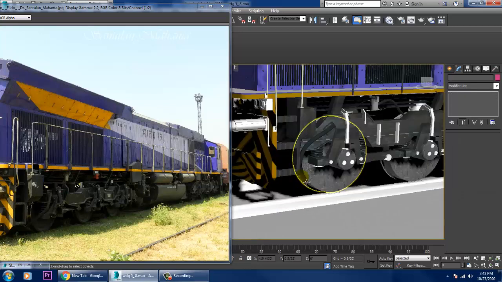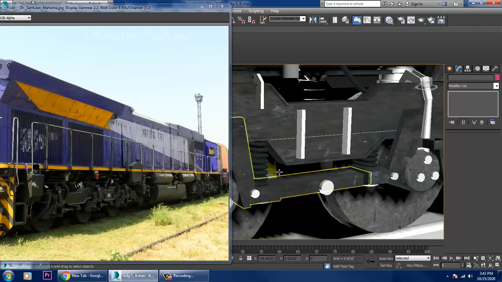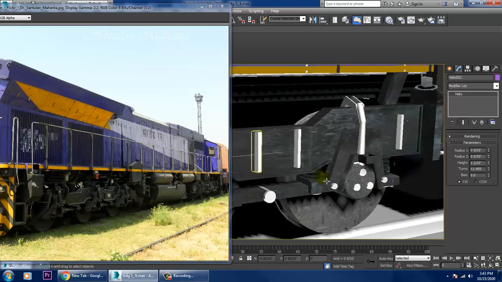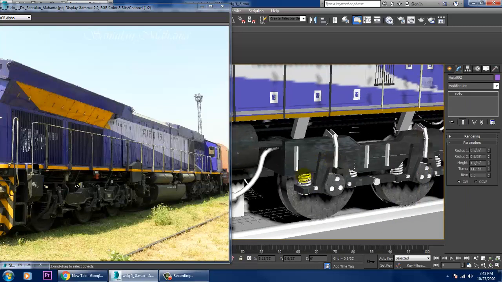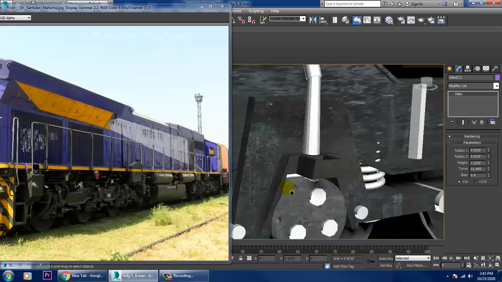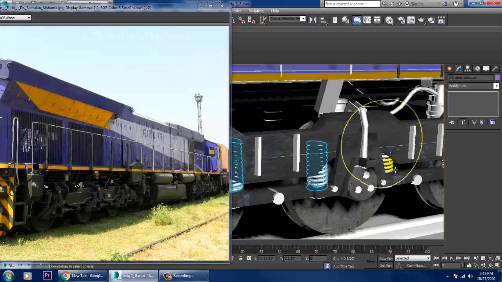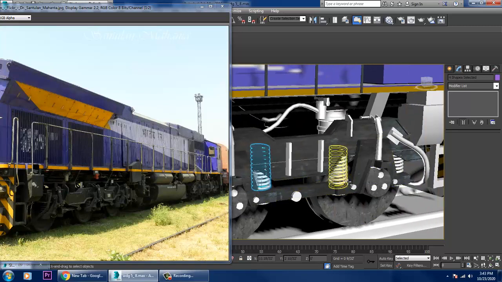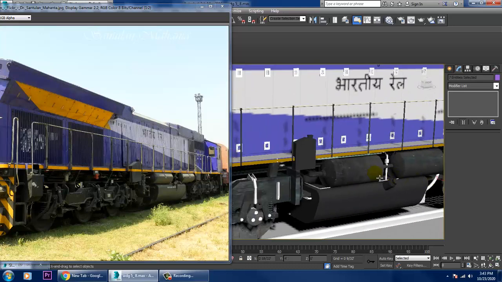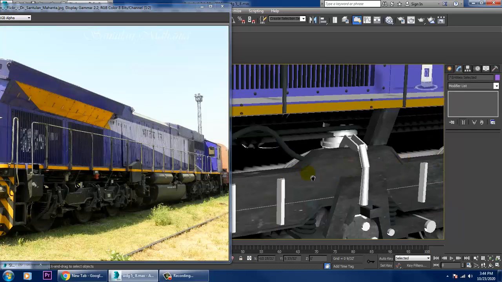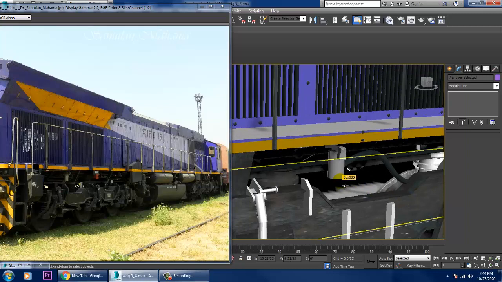We will be assigning the same texture for this also, and for this whole thing we'll be assigning the same texture as we have assigned it over here.